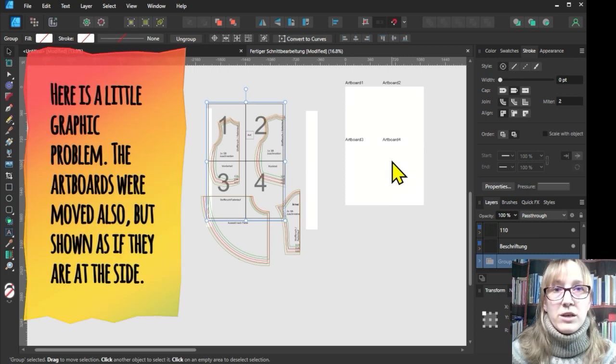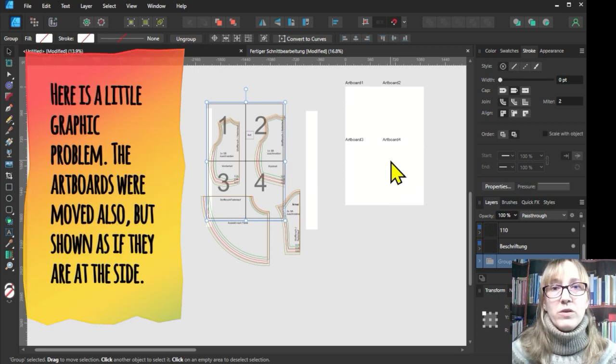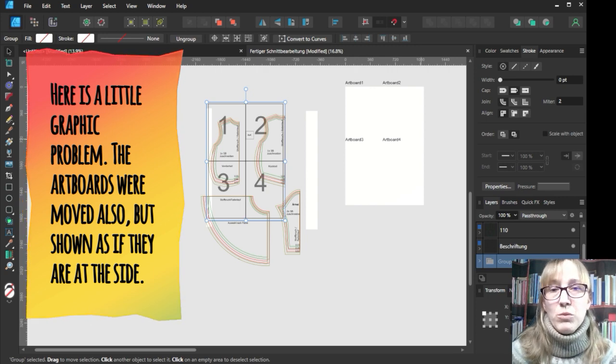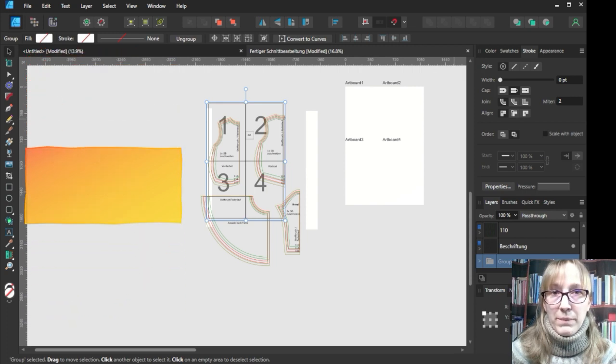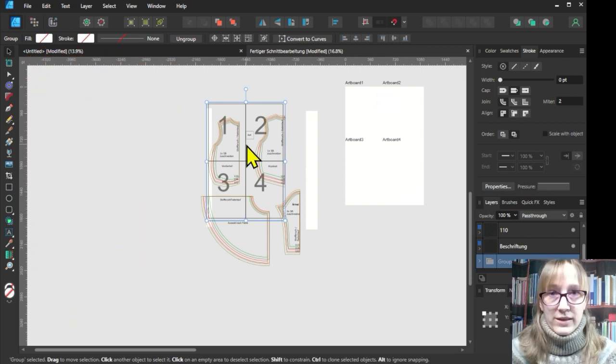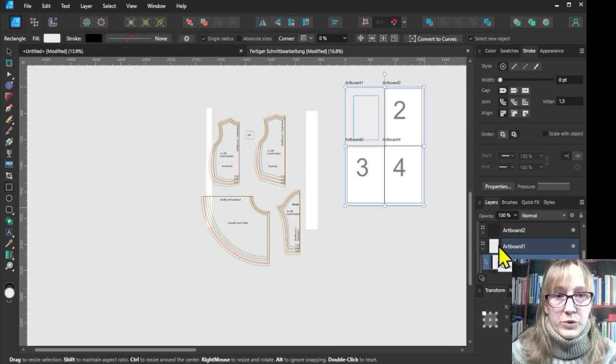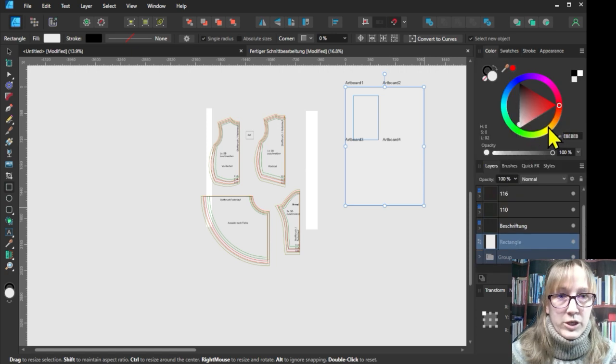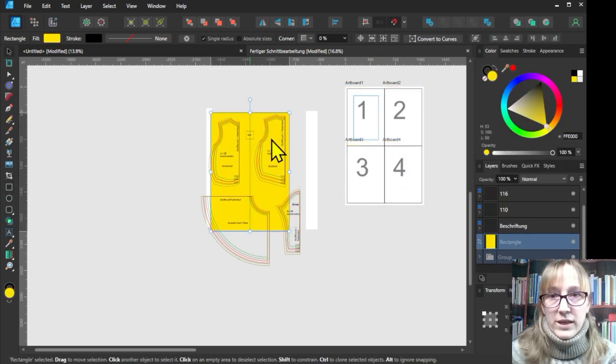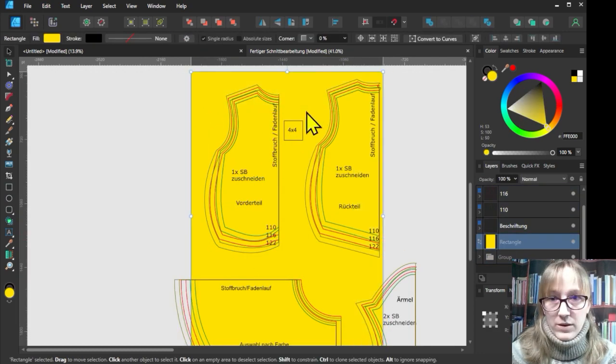It is important that you move the template group, because if you move the cut, the objects may be moved to one of the artboards. For better alignment on the paper, I usually create a rectangle in the size of the template. The rectangle is produced in the artboard. I put it over here and then I just move it above the group. I change the color. Then I put the rectangle behind our cut first and position the individual cut objects.